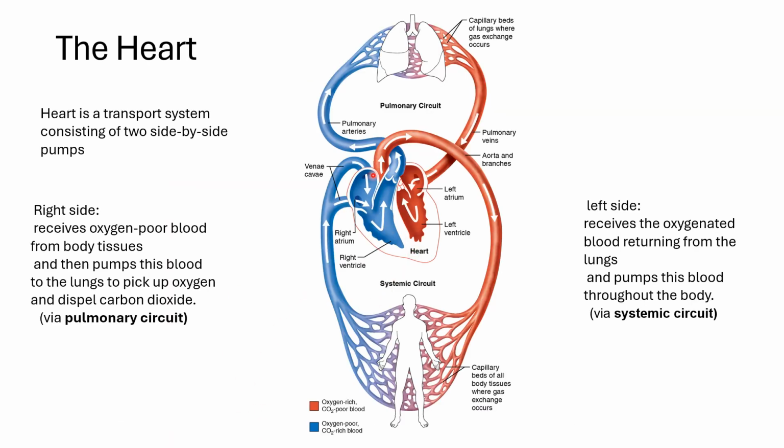Let's look at these two circuits. This is the right side of the heart. The blood is coming in from the body tissues, and this blood contains carbon dioxide. It comes into the right atrium. From the right atrium, it goes to the right ventricle, and then the right ventricle pushes this blood to the